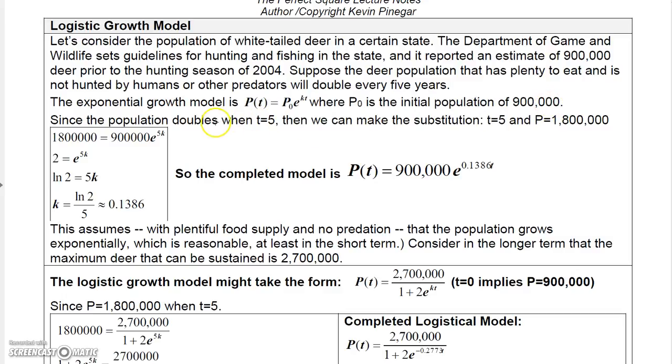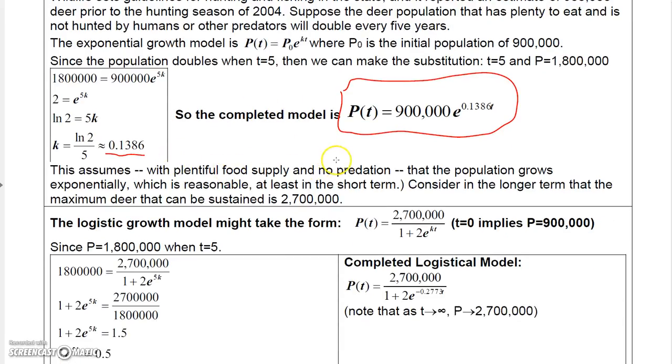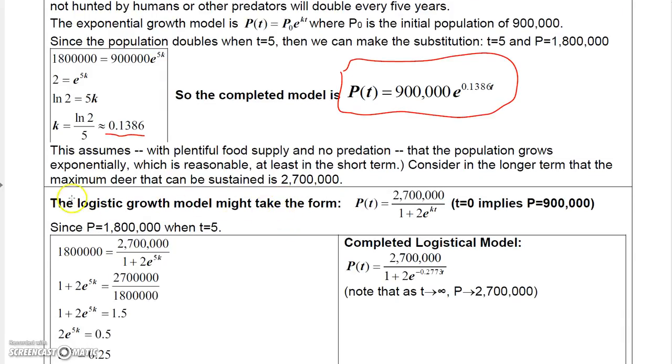where P naught is 900,000. Since the population doubles every 5 years, then we can put t equal to 5 and P equal to 1.8 million in, and we can solve for the constant. We've done this before, so let's just plug the information in and solve for k, and you'll get 0.1386. So that's the completed model. Now, this assumes, with plentiful food supply and no predation, that the population grows exponentially. That's reasonable in the short term, but consider the long term,